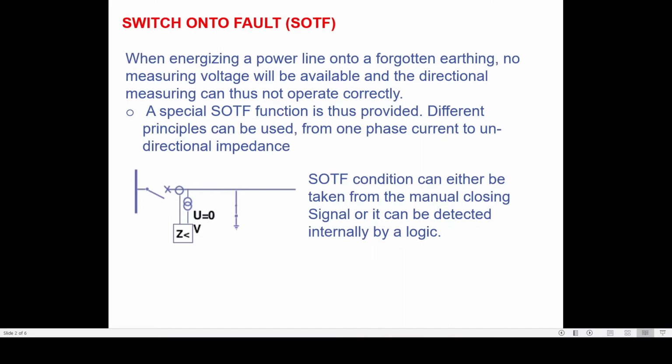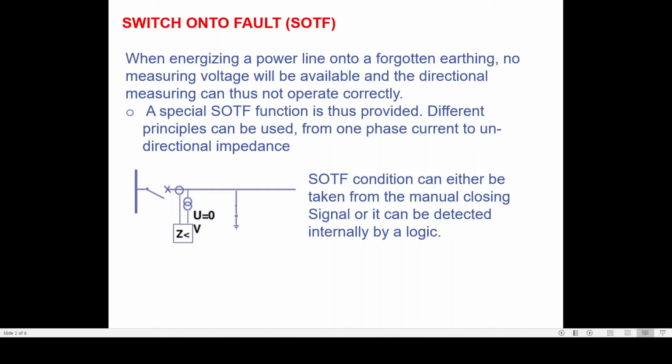What you need now is a protection system which doesn't depend upon voltage but will work only on the basis of current. So the SOTF protection, like stub protection, is also an overcurrent based protection, while the stub protection depends upon the status of line isolator open, the SOTF protection depends upon the closing command of your circuit breaker. So the SOTF protection is basically an overcurrent protection. And second thing, the stub protection was time delayed protection, while the SOTF protection is instantaneous overcurrent protection.